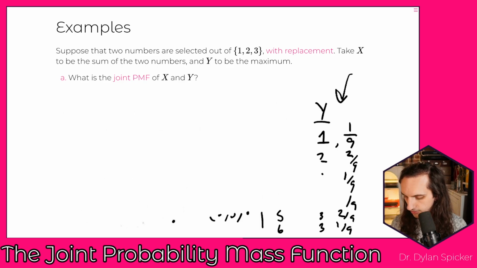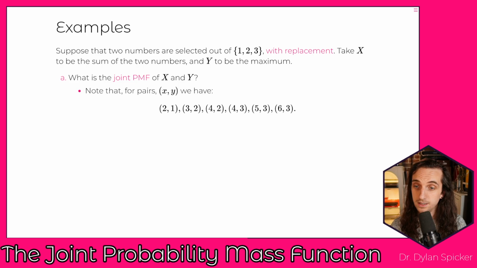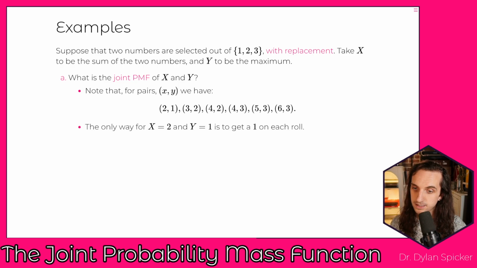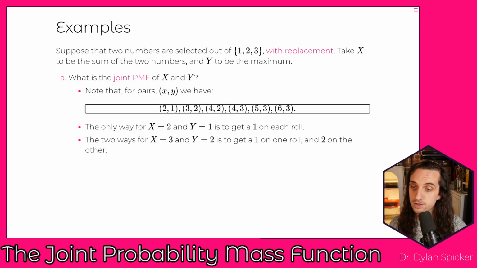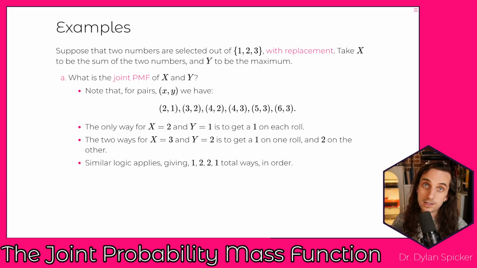Okay, so let's walk through that again, a second time here, just to make sure it's all clear. Okay, so for the possible pairs, we're going to have combinations of x and y being 2, 1, 3, 2, 4, 2, 4, 3, 5, 3, or a 6, 3. Okay, the only way to get an x of 2 and a y of 1 is to get a 1 on each of the rolls, and so that happens with 1/9 probability, right? If you want x equaling 3 and y equaling 2, then you need to get a 1 on one and a 2 on the other, right? You can apply similar logic, which shows us that there's going to be, sort of in order,